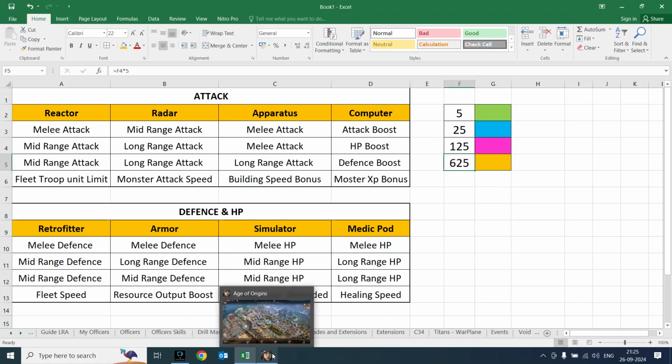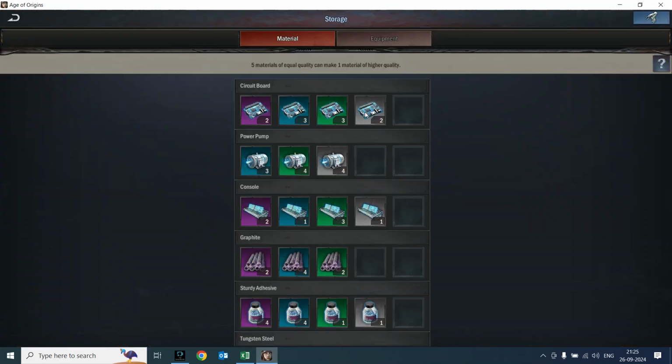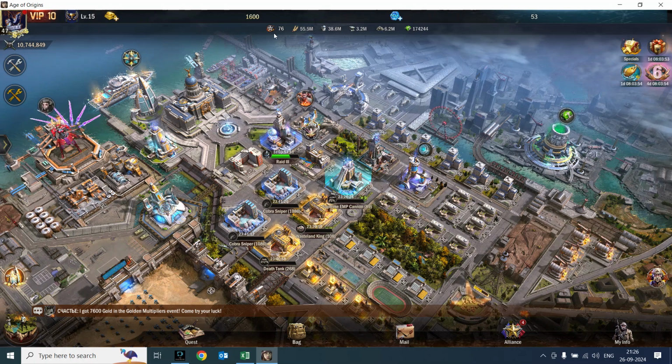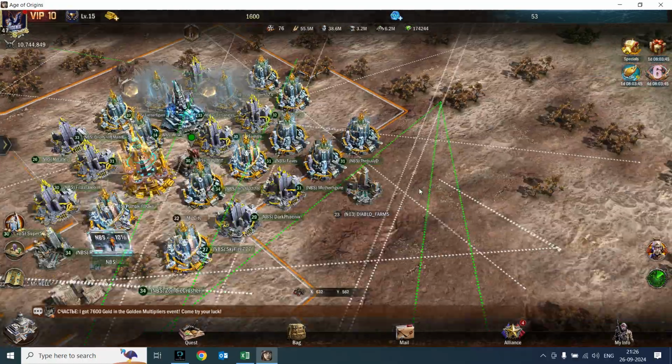Think about it, collecting 625 white circuit boards is not that easy. So to obtain this, consistency inside the game is most important. You should not let your mobility cross over 100. As soon as it reaches 90 or 100, you have to hit all your monsters as much as